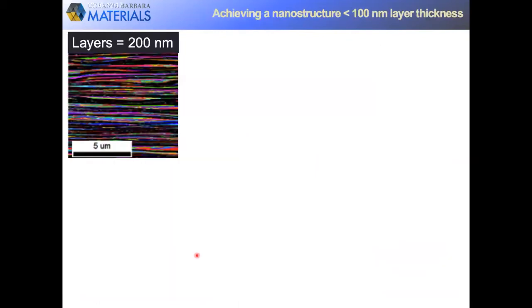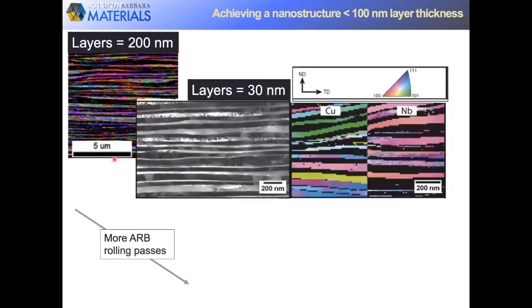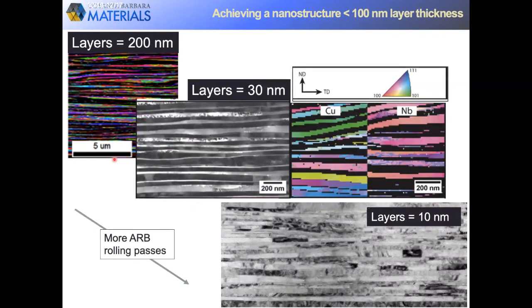So in principle, we can keep going. We can apply more ARB passes, from 8 to 10, and we can thereby impose more strain. In doing so, we continue to refine the layers further and increase that area of bimetal interface. And so we were able to refine the layers down to submicron levels, down to 30 nanometers, even down to 10 nanometers. At 200 nanometer layer thicknesses, you can see from this EBSD image that now the layers